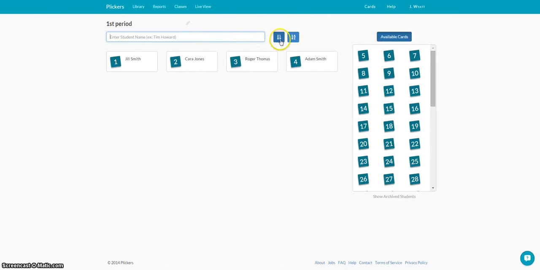I can use these here, these little buttons, to rearrange my kids. They're automatically in 1, 2, 3 order, but if I want to put them in alphabetical instead, I just select the A to Z and it does that. If I want to put them back in numerical order, then I just click that button. So once I have my kids ready to go,